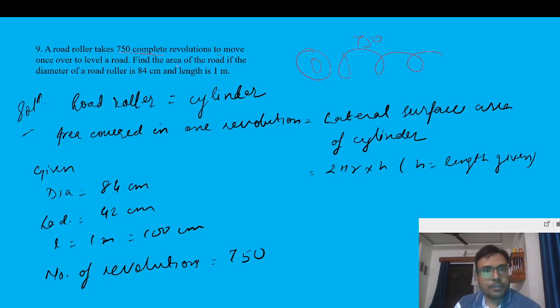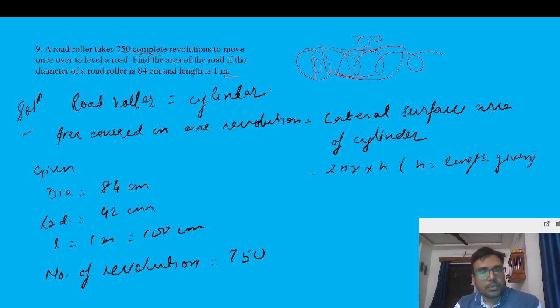So it takes 750 revolutions. Revolutions means this part will go down and will go up. So this is the path covered in one revolution. Find the area of the road if the diameter of the road roller is 84 and length is 1 meter. Okay,